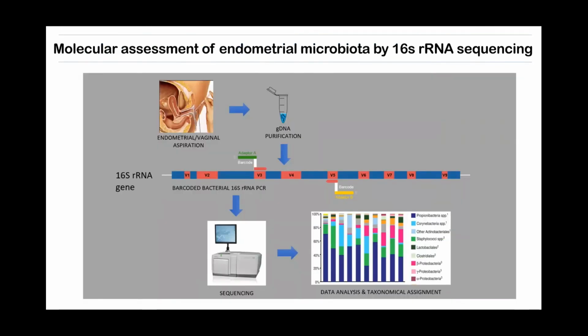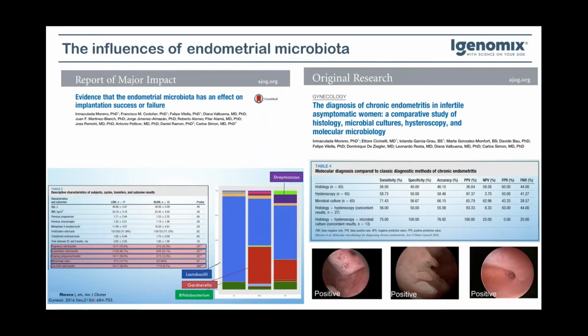So molecular assessment of the endometrial microbiota by 16S rRNA sequencing is the test that we developed. We extract the DNA and then sequence the 16S rRNA gene. These are the two papers that are the basis of our EMMA and ALICE tests. In the paper on the left, you can see that the group of live births has a lot of Lactobacillus, the group of miscarriages has a lot of Gardnerella, and the group of implantation failure has a lot of Streptococcus, which is a pathogen that causes